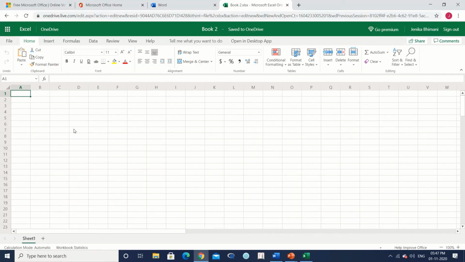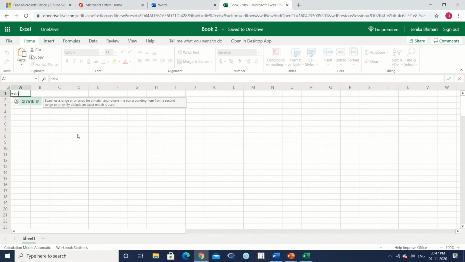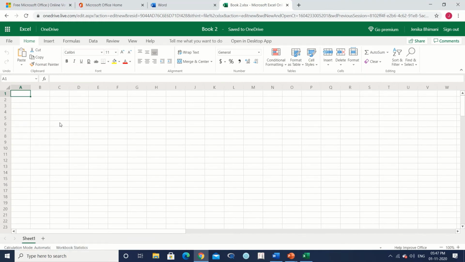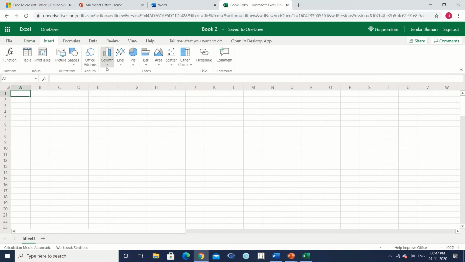But let's move to the online version, and here when I'm typing XLOOKUP, you can see that there is a function with such a name available. So this is what I was talking about, how the online version gives you an edge over your older versions. You can simply see the tabs available. You have Home, you have Insert, where you can insert different types of graphs and diagrams.